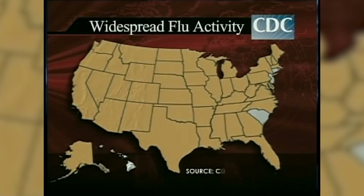Since 2007, our PHICOR team has used computer modeling to help respond to nearly every major infectious disease threat to the United States. For example, during the 2009 H1N1 flu pandemic,